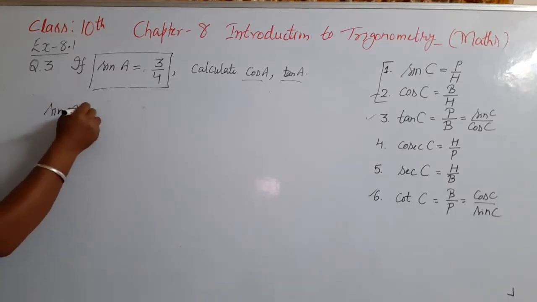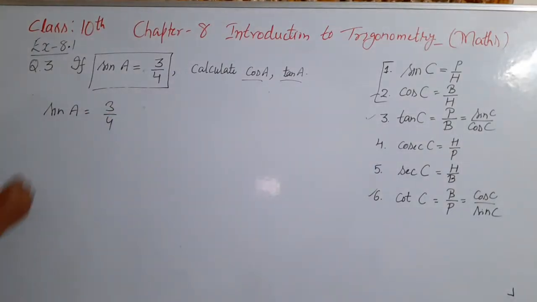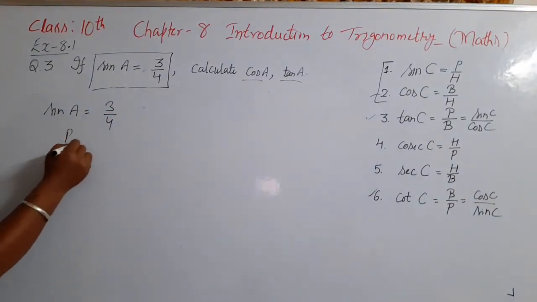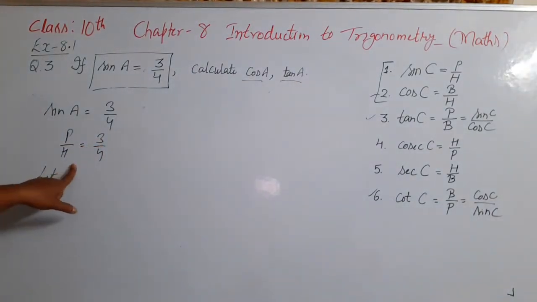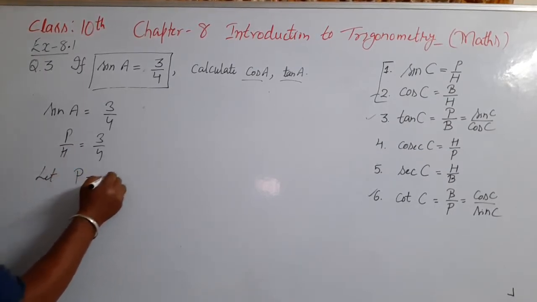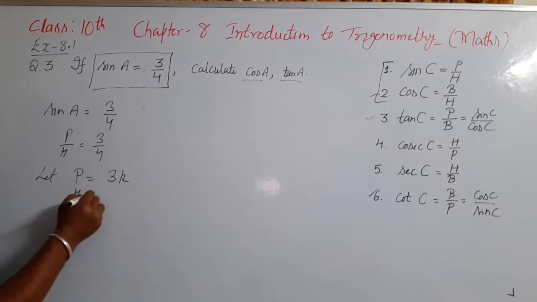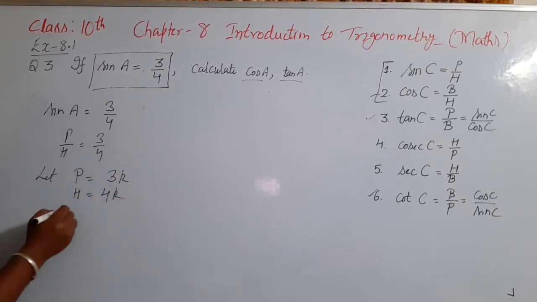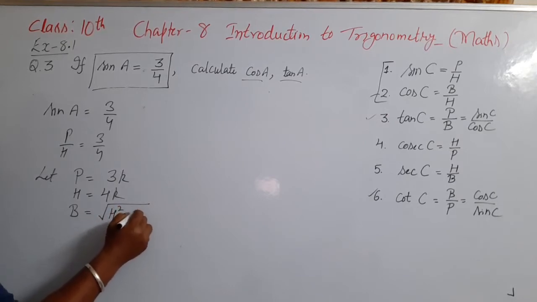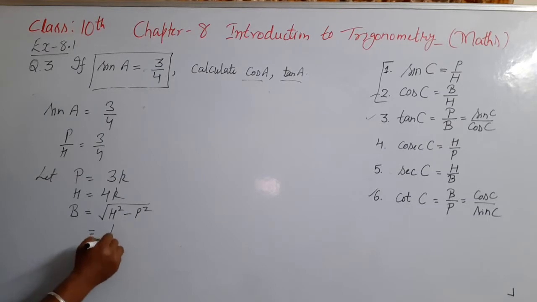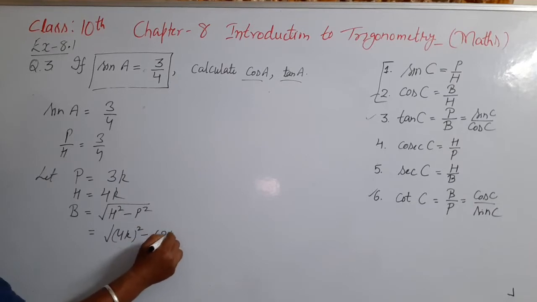Sin A is given 3/4. Sin A is perpendicular upon hypotenuse, 3/4. So since the ratio of perpendicular and hypotenuse is 3/4, therefore let us take perpendicular is equal to 3k and hypotenuse is equal to 4k. Now according to Pythagoras theorem, the value of base is equal to square root of h square minus p square, is equal to 4k square minus 3k square